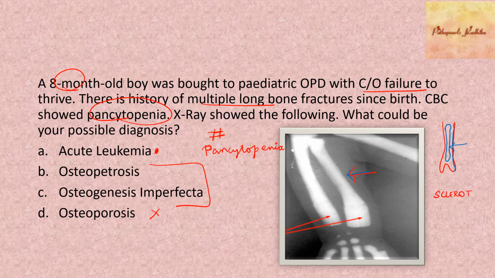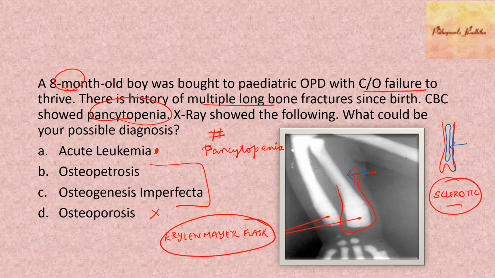So why is it appearing sclerotic? Because it doesn't have any medullary cavity. Okay. So because you don't have any medullary cavity, the bone is sclerotic. So because of that, you have one characteristic appearance called Erlenmeyer flask appearance. So what is Erlenmeyer flask appearance? Because there is no bone resorption, there is no formation of medullary cavity, so the ends of the bone will appear bulbous like a flask. So this is called Erlenmeyer flask deformity. So the bone will be sclerotic, but it's more prone to fracture.